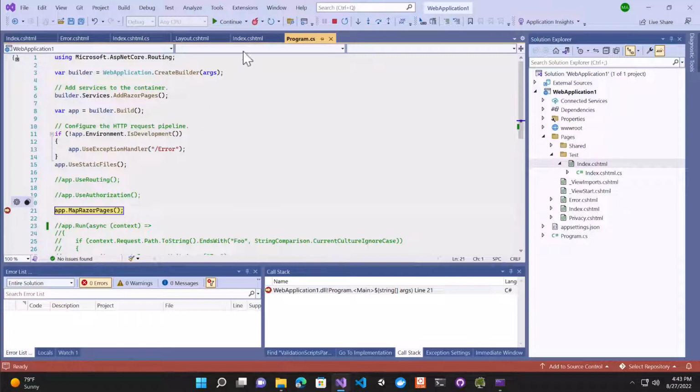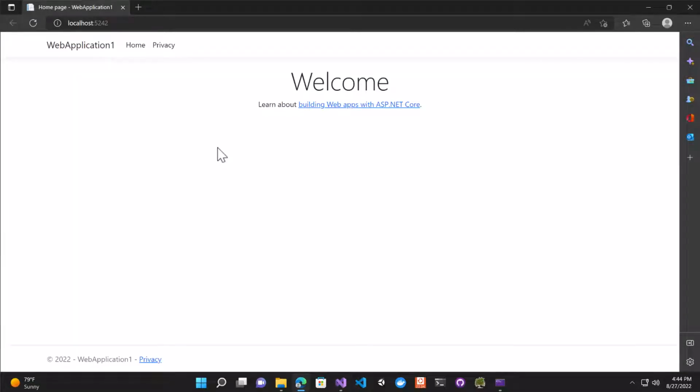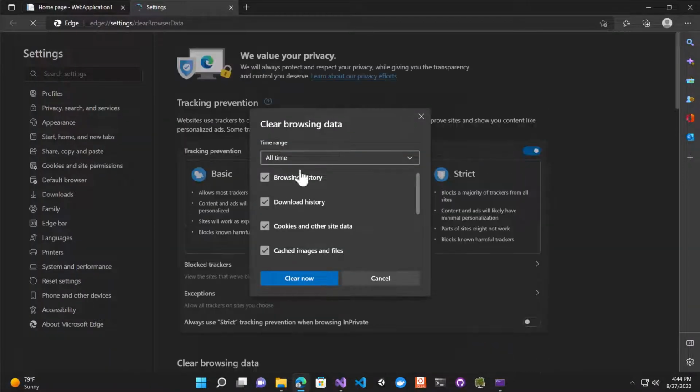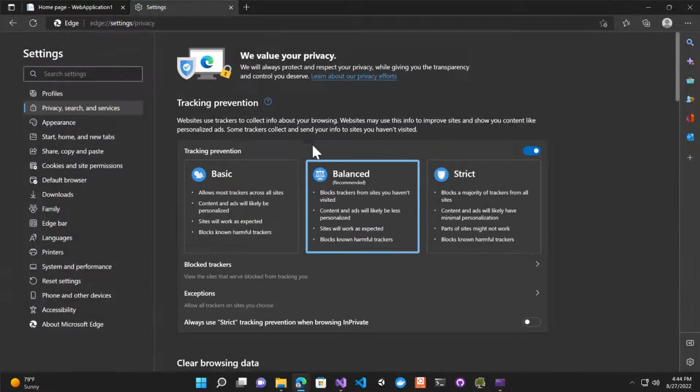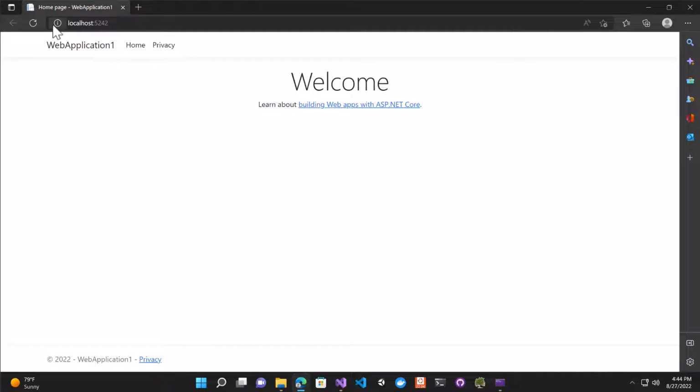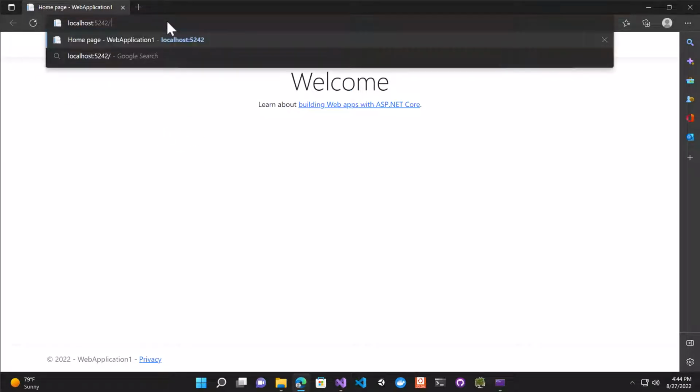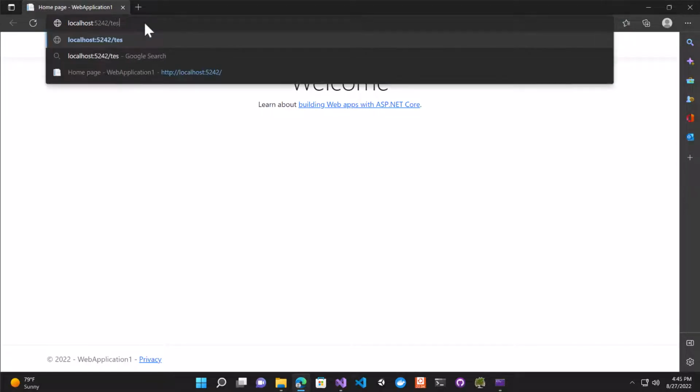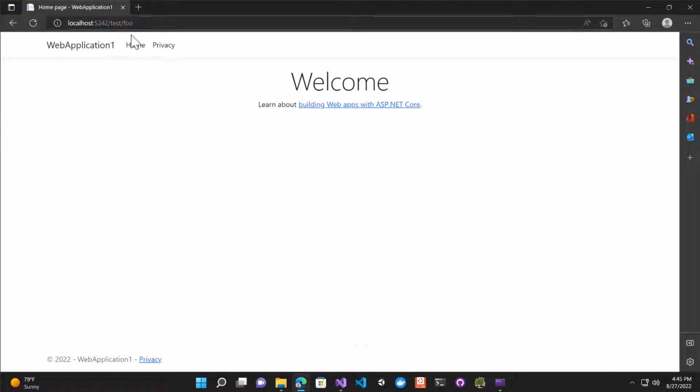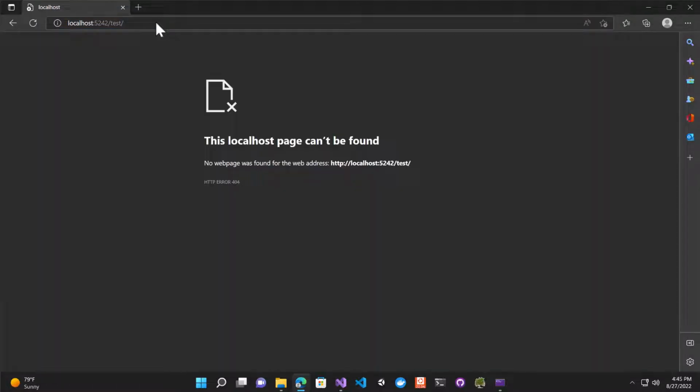And let's not breakpoint into this anymore. Whoops. Okay. One thing I'm going to do is clear all of my browser settings, and the reason I'm doing that is to make sure there's nothing cached. So now if I refresh this, I come back in here to the index page in the root folder of my web. So it's going to go to the test folder, then foo, and now we are able to come into this. So now if I put nothing in here,